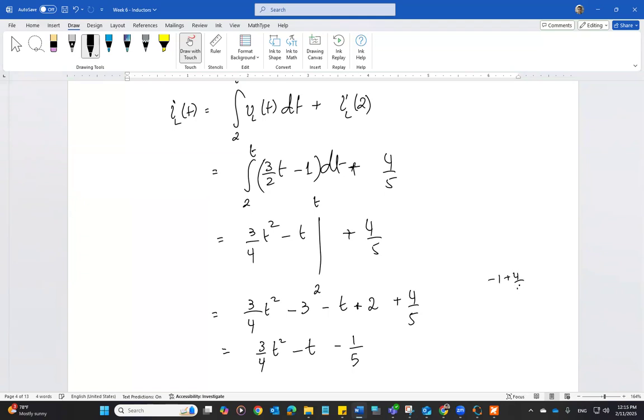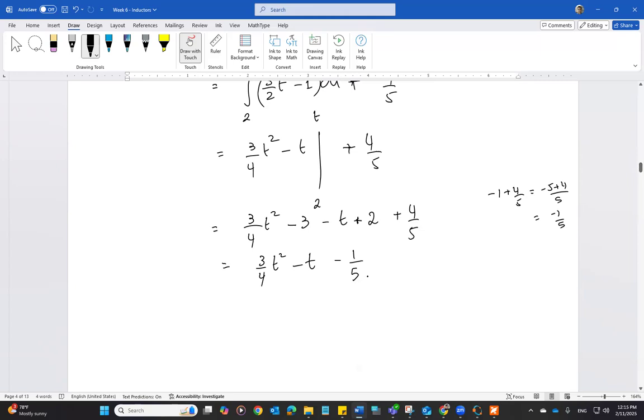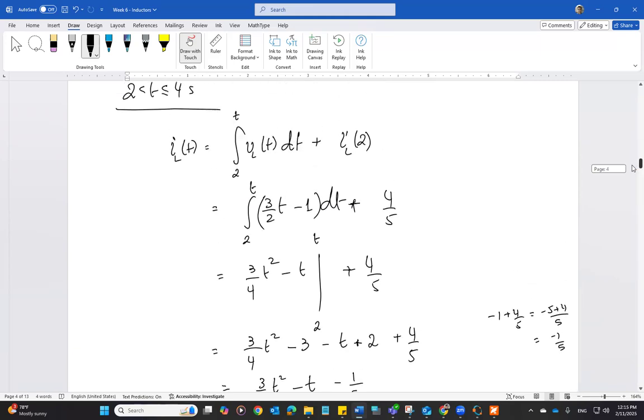Okay, that is our equation for the current between the time when the voltage is changing linearly between 2 and